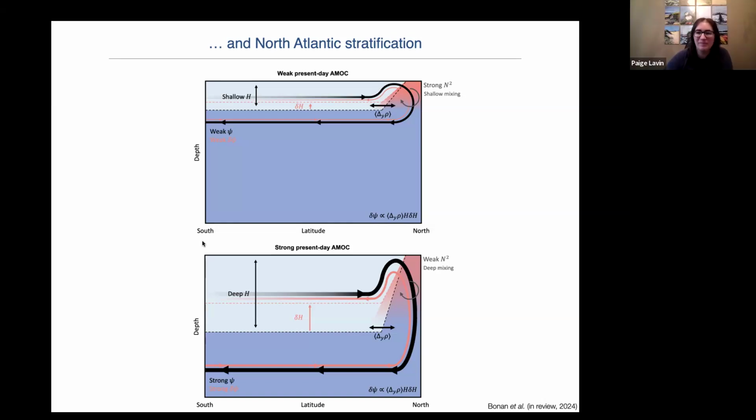I'll maybe just leave the schematic up because I think it responds to the past two questions. I didn't have a chance to show it in the main talk, but it illustrates the idea that in those models that have a weak North Atlantic stratification, the AMOC's already quite deep. So if you have a perturbation in the North Atlantic, it's going to have a much stronger change in the AMOC. We think that some of these models that have a large response have a bias toward a stratification that's too weak in the North Atlantic. And that's why we're suggesting from the emergent constraint approach that we may not see a huge reduction.